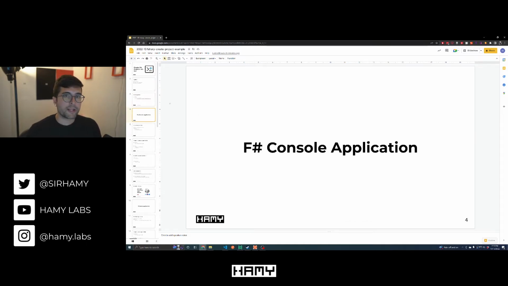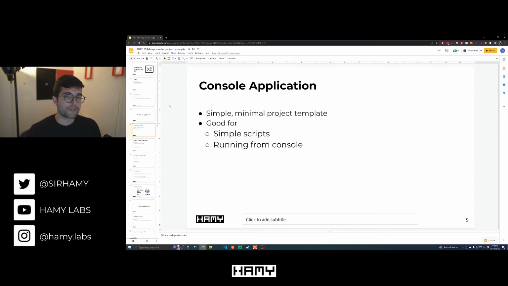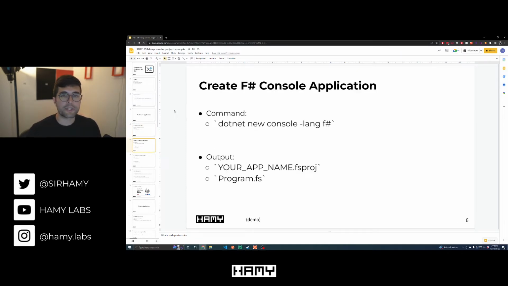Okay, so let's start with the console application. A console app is going to be the simplest, easiest to understand project template that we can get started with. It's basically F#'s version of a Python script where you can just run it and it runs top to bottom. That's the closest we're going to get here. So it's really good for simple scripts, and it's really good for running anything from the console if that's what you need to do. For this, I'm going to go ahead and open up my VS Code editor to show you that the commands work and how it will look inside of your editor